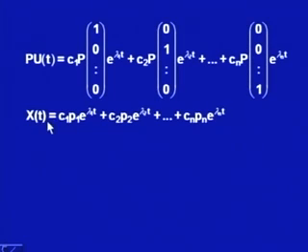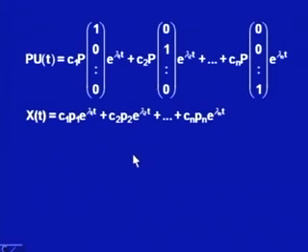So, we write down x(t) as C1 P1 e^(lambda 1 t) plus C2 P2 e^(lambda 2 t) and so on. What I am writing is that the solution vector x(t) is this linear combination in which P1 is the eigenvector corresponding to eigenvalue lambda 1 of the matrix D, which is the diagonal matrix similar to the given matrix A. So, the solution can be easily obtained from the matrix D. Basically, what we are doing is diagonalizing the matrix A and then finding the solution in this